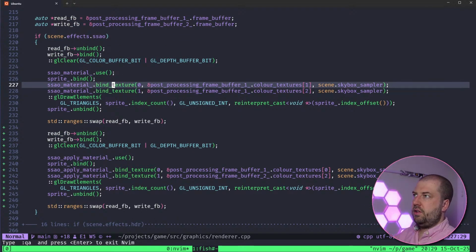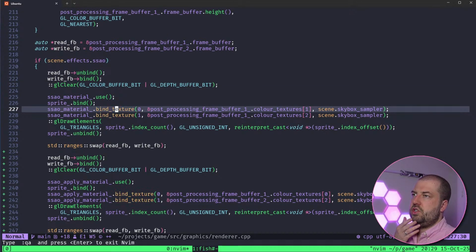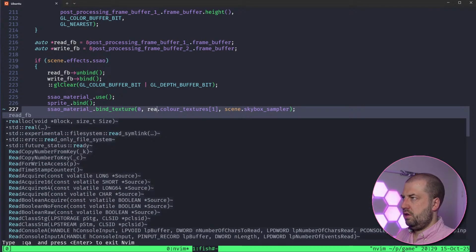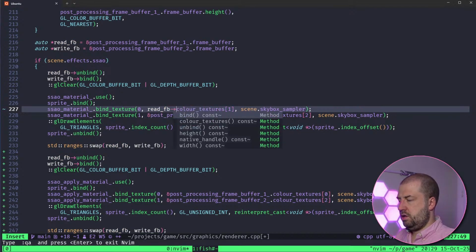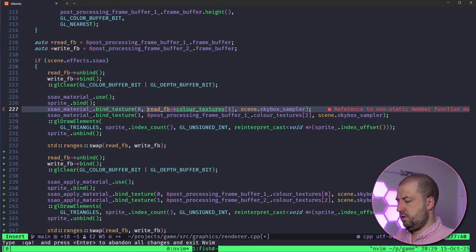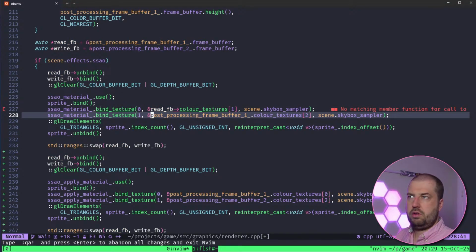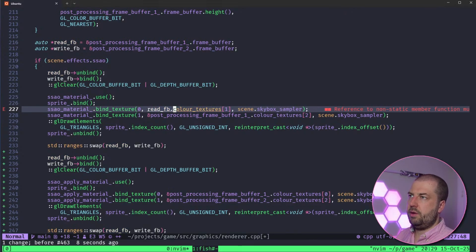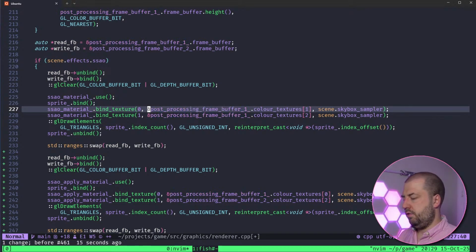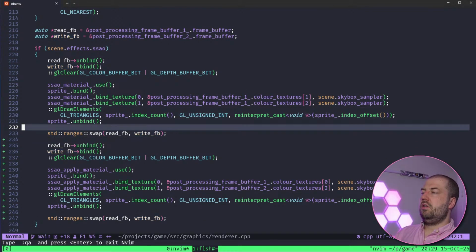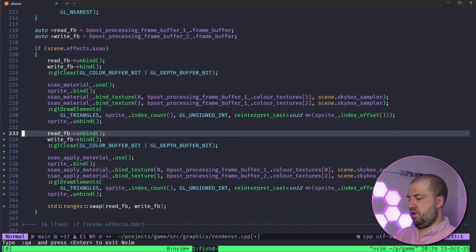So this works fine. So this will take the... I really should change these, shouldn't I? This is the read. Oops, got my precedence wrong. Oh no, I know why, because that's the frame buffer. No, ignore me, I know what I'm doing. Okay, right, that's why I didn't do it. So let's not swap these. Let's try and figure this out. I need to